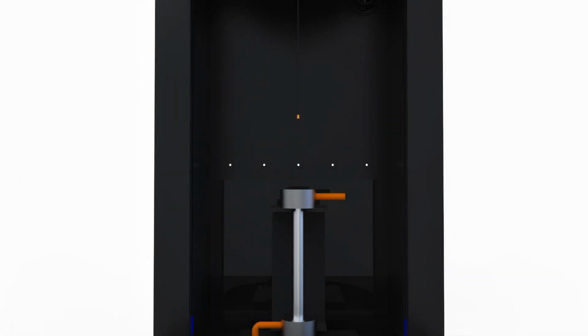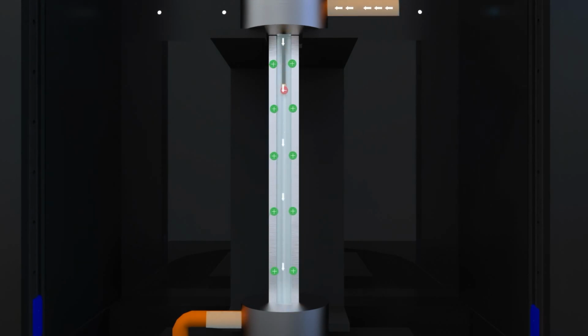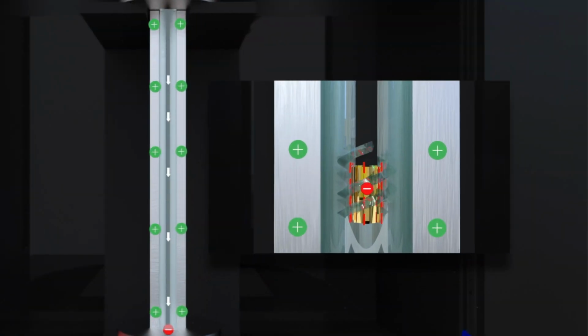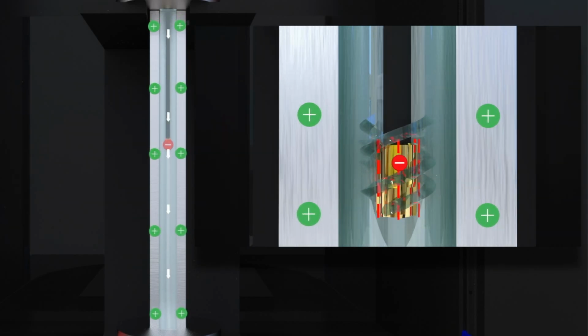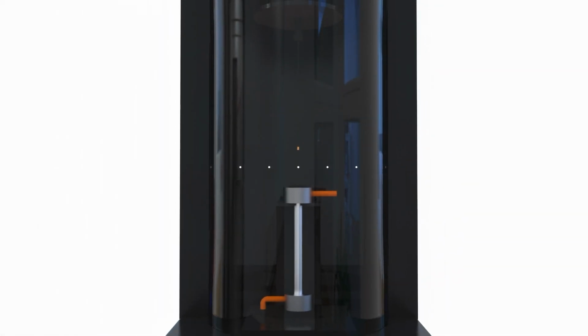With much lower capital expenditure and requiring less infrastructure than conventional methods, ECM can revolutionize your barrel production. A non-contact process with no requirement for stress relieving increases production rates. With surface finishes of better than 0.2 micrometers RA and very high production rates, it is the ideal choice for